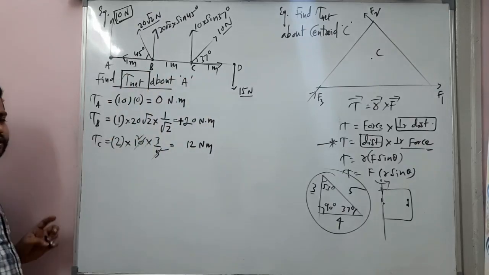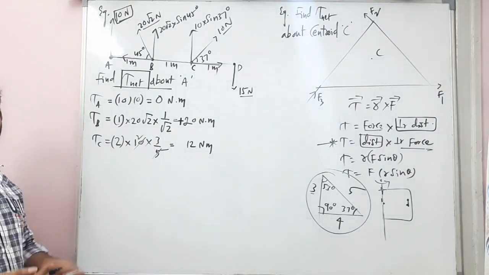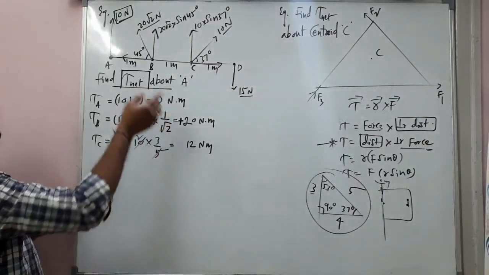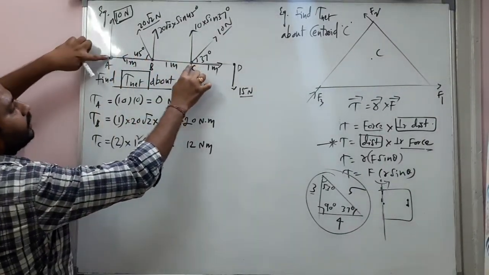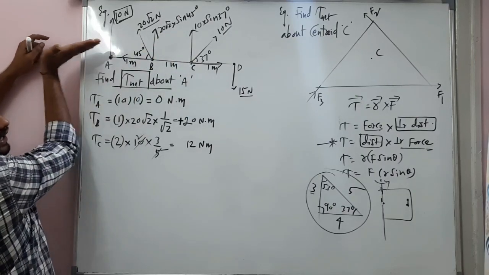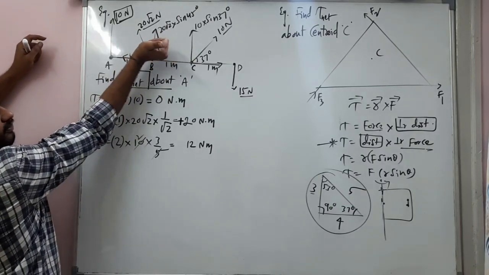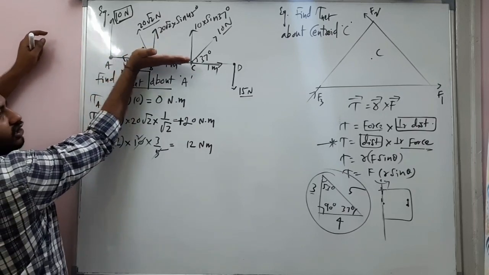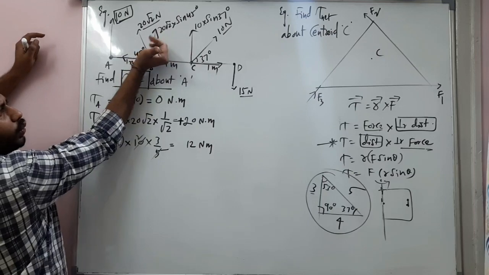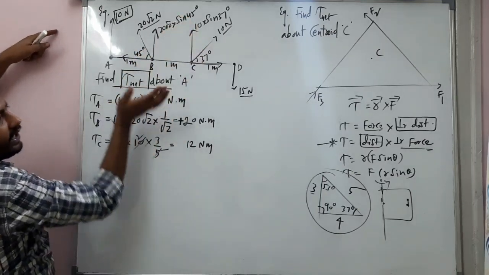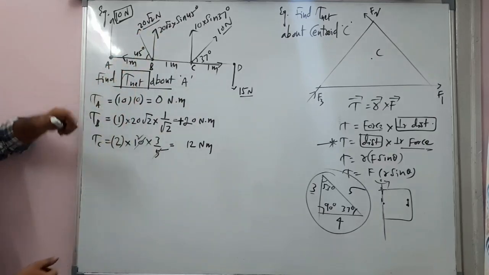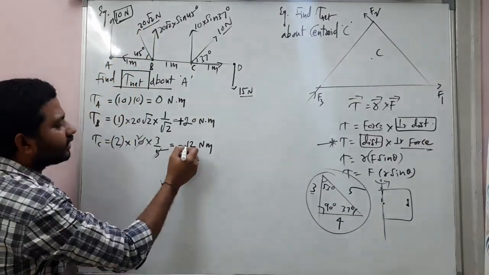So what about the direction? That is also important. What is the direction here? R bar cross F bar. Where is R bar? So this is R bar, from here to here. R bar cross F bar. Again R bar cross F bar. R bar is in the direction of position vector from the axis of rotation, and we need to curl it towards F bar. F bar is here. R bar cross F bar. So it is out of the plane. The torque is out of the plane. It's positive again.